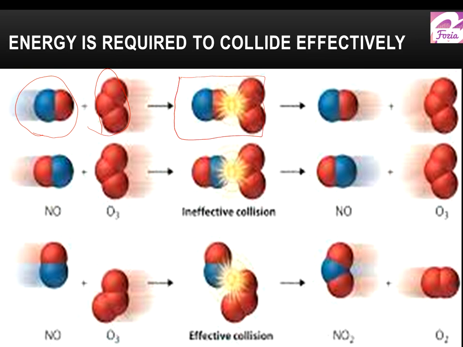If they collide, if they strike one another, they don't have enough energy to overcome the forces of repulsion, or to break the bond between nitrogen and oxygen, and so they cannot release the atoms of oxygen. So this energy is not enough to bring about a chemical reaction. That's why the collision becomes ineffective, because no product is